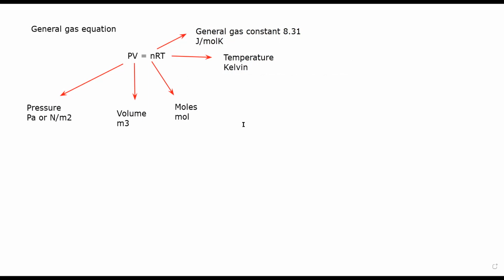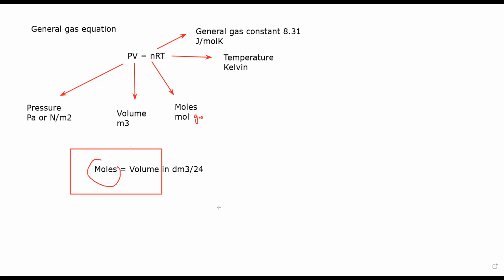So this equation is known as the general gas equation. There is also another formula which you use to calculate the moles, relating the moles with volume. Moles equals the volume in decimeter cube divided by 24. But what is the difference? This is also for moles of a gas, and we can also find moles of a gas by the general equation. But this formula, moles equals volume in dm cube divided by 24, is only valid